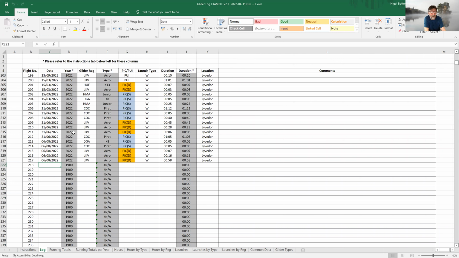You must not put anything in the grey columns. The grey columns are automatically filled in for you. If you are going back to the beginning of your gliding career, let's say you started in 1990, you'd have to put the date in reasonably full format. Let's say 6/9/90. And if I now use the right arrow or just click over here,